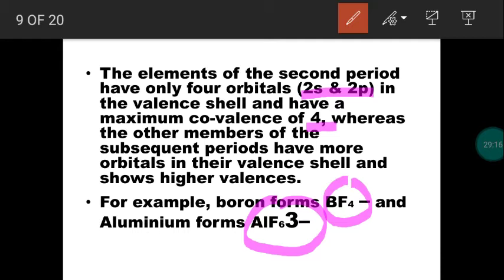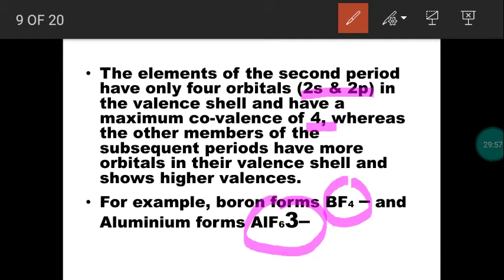So up to valence electron 4, we take it as such. If more than 4 valence electrons are present, we subtract the valence electron from 8. So again for nitrogen, valency 8 minus 5, 3. Oxygen, 8 minus 6, 2. Then fluorine, 8 minus 7, 1. So maximum valence in second period, 4. Right? So consider these 2 ions, boron tetrafluoride anion BF4 minus as well as aluminum hexafluoride anion AlF6 3 minus.